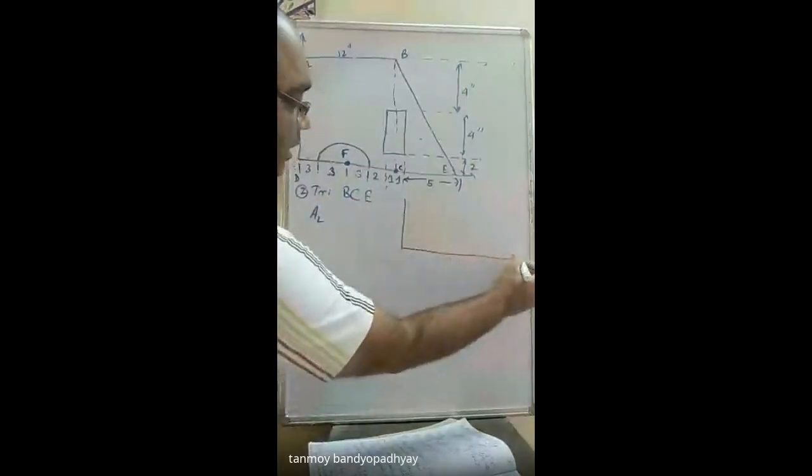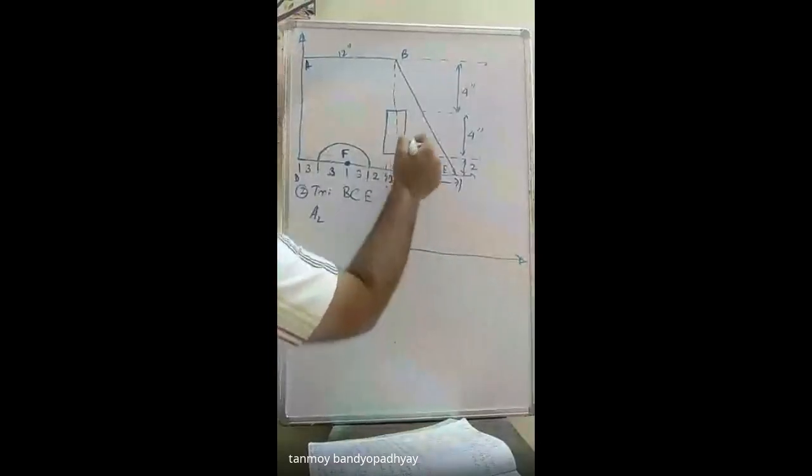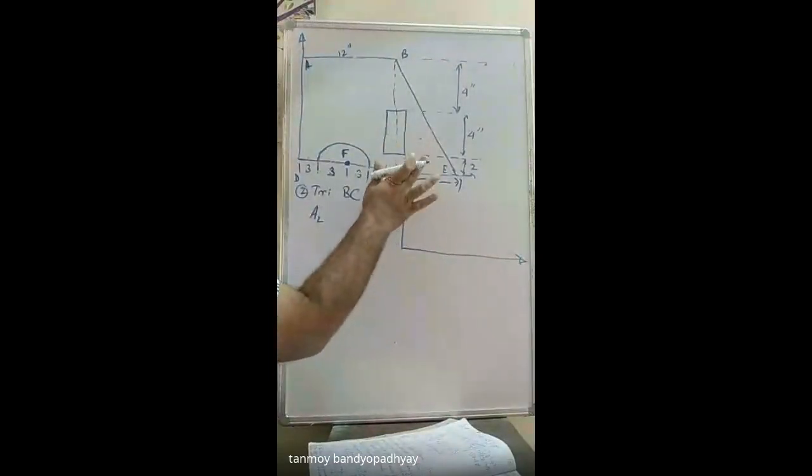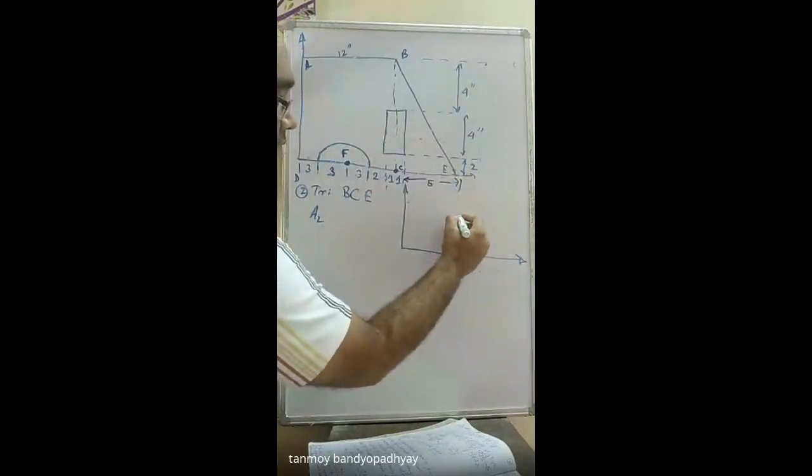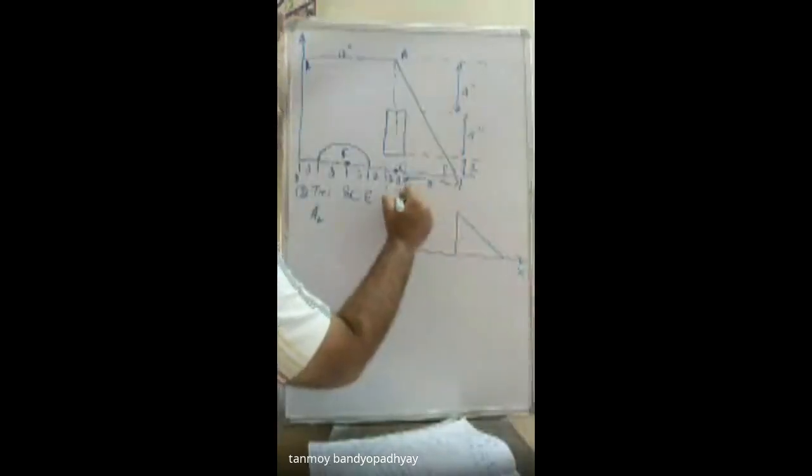So see, you have to maintain the axis system of coordinates. You cannot define a different coordinate system for this one because this and this are tied to each other. So that is why. So if the rectangle ends here, the triangle as per my coordinate system lies somewhere here.